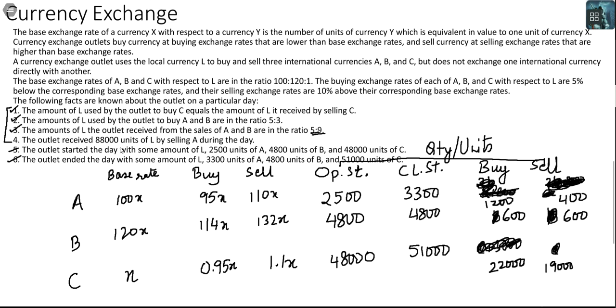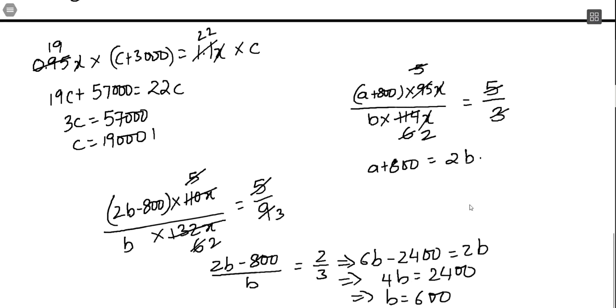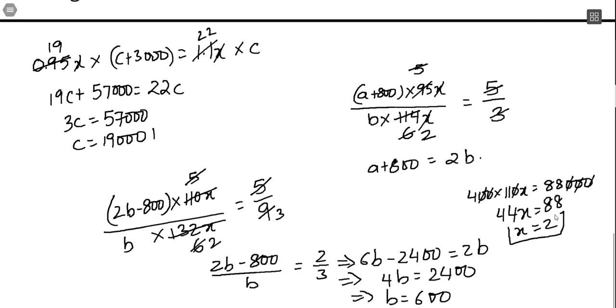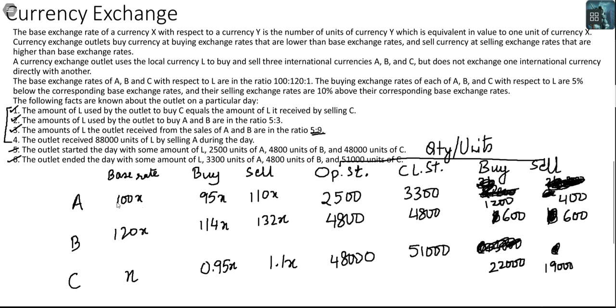The outlet received 88,000 units of L by selling A during the day. How many units have you sold? 400 into 110x. So I have 400 into 110x is equal to 88,000. So I can cancel the 3 zeros first. I get 44x is equal to 88, or x is equal to 2. Wow. So I now have the base rate here as 200, 240, 2,